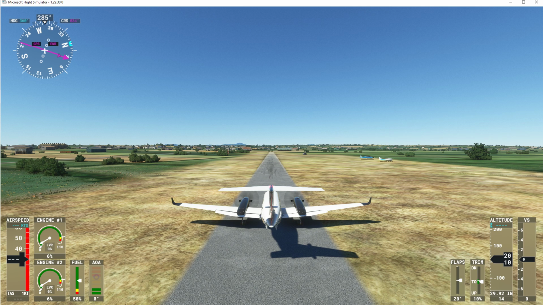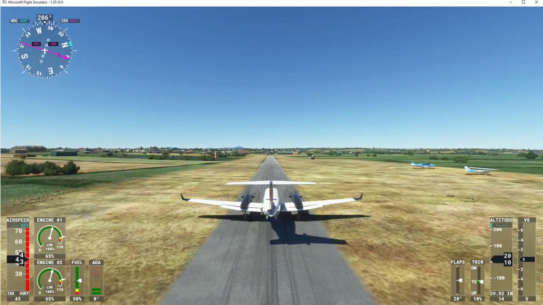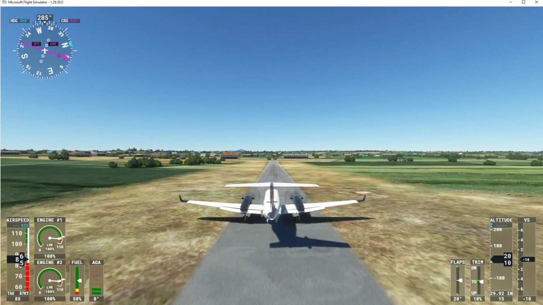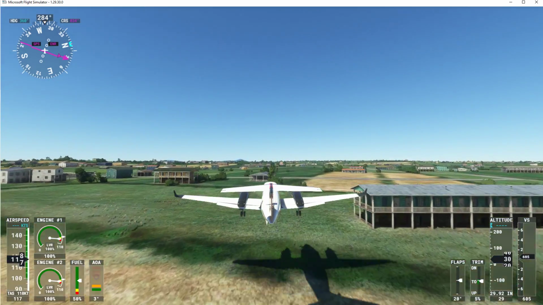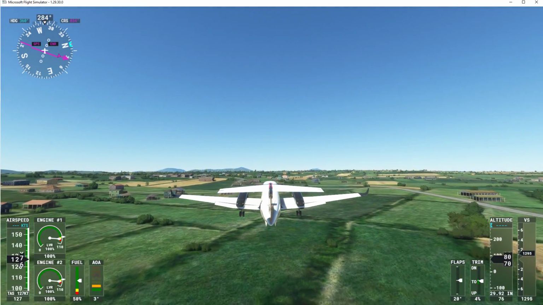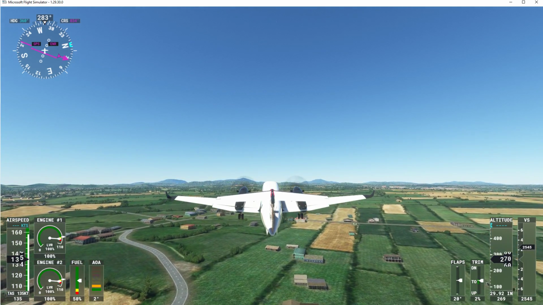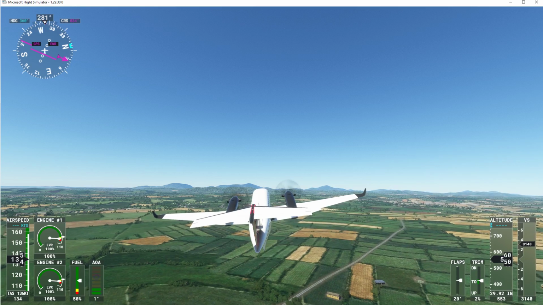I think we took the parking brake off, so we're going to accelerate. We've got the flaps down 20, and we're going to take off. You hear that little noise of the tires screeching a little bit on the runway. That's a good indication you've reached the speed where you want to lift off. So we're going to bring up the gear by pressing G on the keyboard, and I am using the Logitech